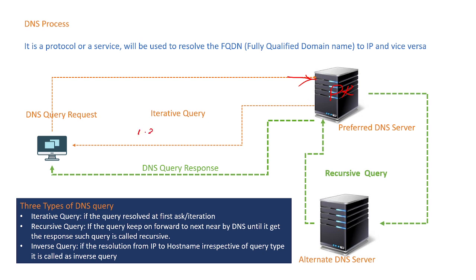Yes, it gives 1.2.3.4, and it will come back. So here the query is getting fulfilled at the first attempt only. Means I am asking you to give some address, and you are telling me, yes sir, I want to go to Jayanagar. I will ask you, you will tell, you go to Majestic. From there you take the metro and get down at Jayanagar or Vijayanagar, where you want. So you are giving me the exact answer. Such kind of queries, we call it an iterative query. Means at the first ask itself, or at the first iteration itself, you are giving me the answer, or I am getting the required answer. That is called an iterative query.